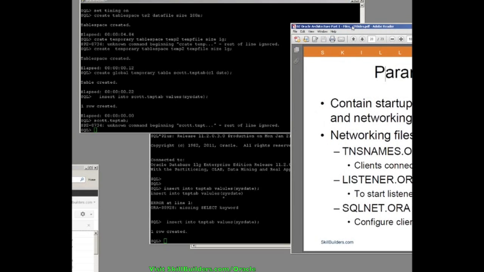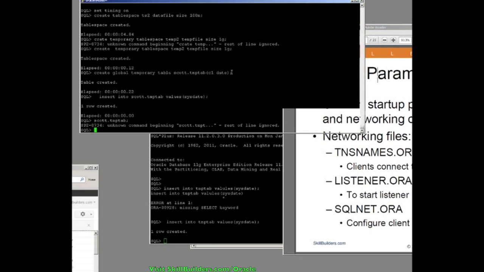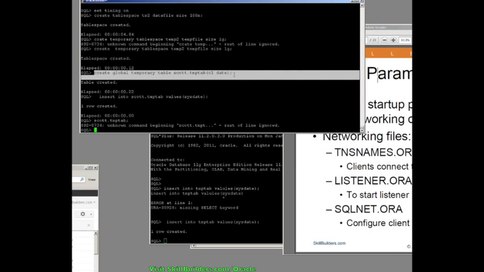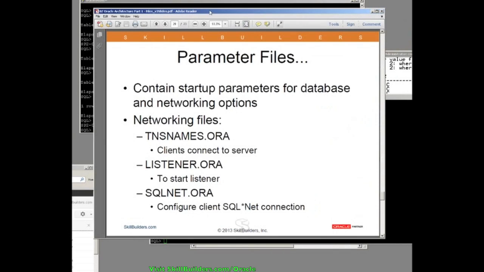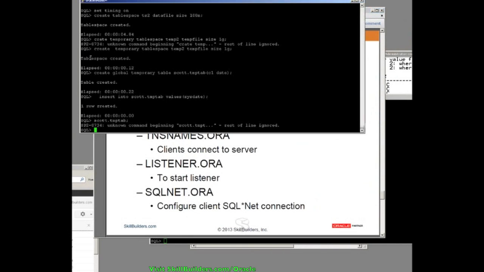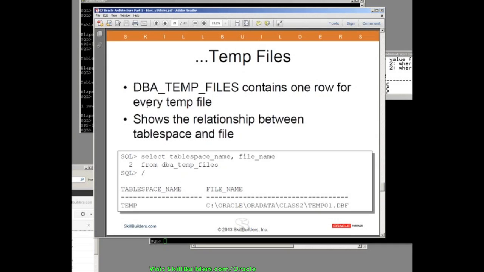Back to you, John. It's an important capability, the global temporary table. If I remember correctly, it came in with 8i. We forgot at our introductions to ask you what releases you're on, but I'm going to assume you're all on 11 of some sort or another, but we can check back on that later on. But these things came in with 8i, and they're a very powerful performance enhancement. Okay, now,